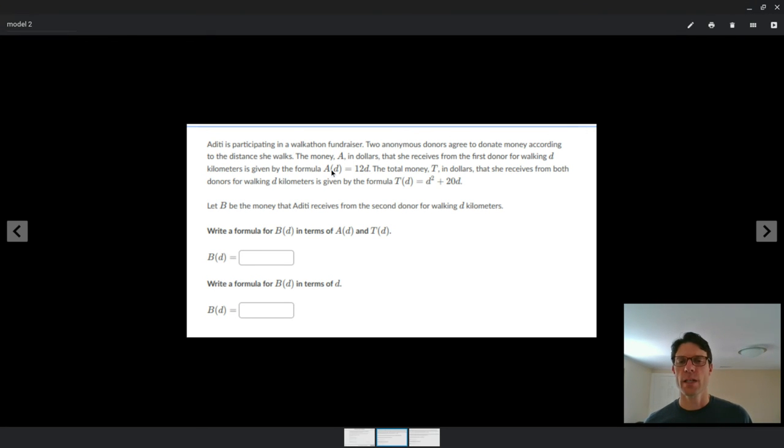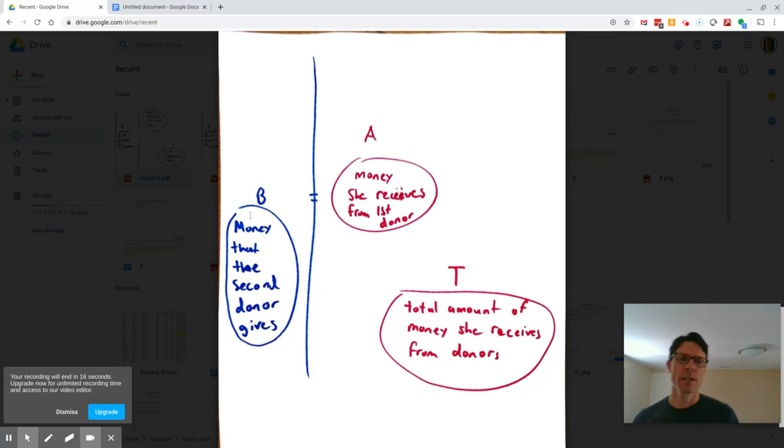Now you notice how I'm reading through for this, at least this part right here, I just ignore what the actual equation is, right? I'm really just looking for what the meaning of A and T and B are. Okay, so B is the money that the second donor gives. A is the money that she receives from the first donor. The total amount of the money she receives is T. So if I just subtract A from T, I should get the money, since there's only 2 donors, I should get the